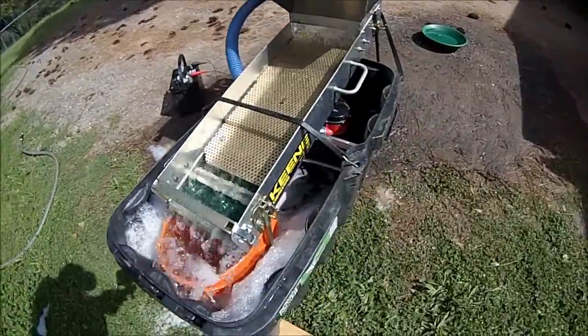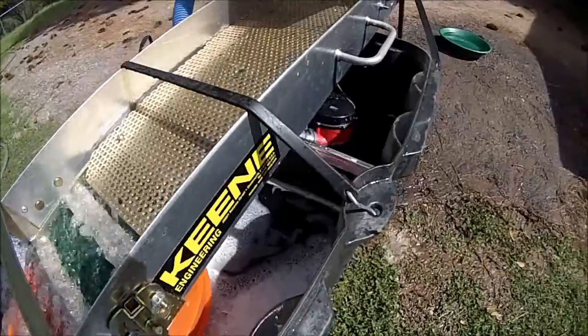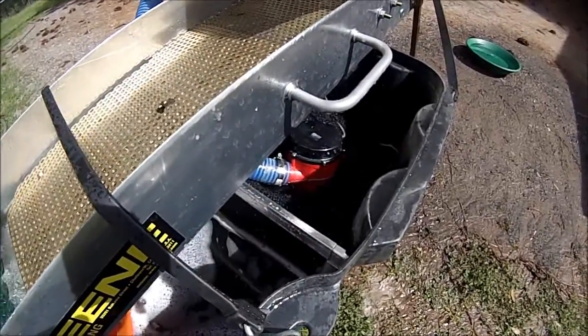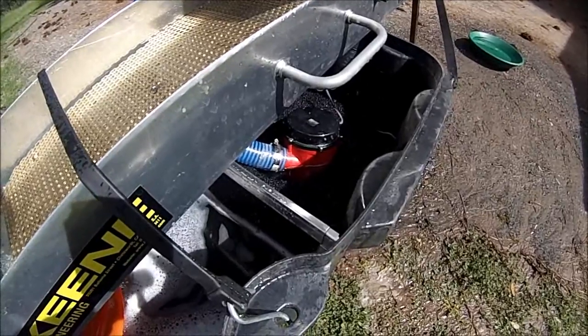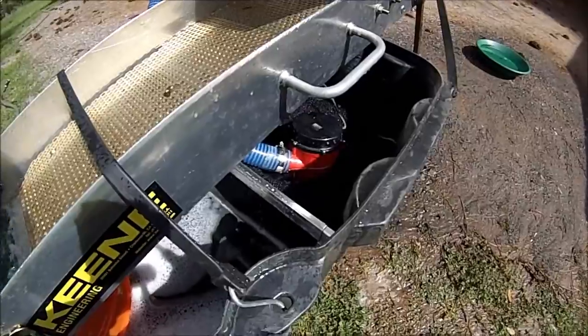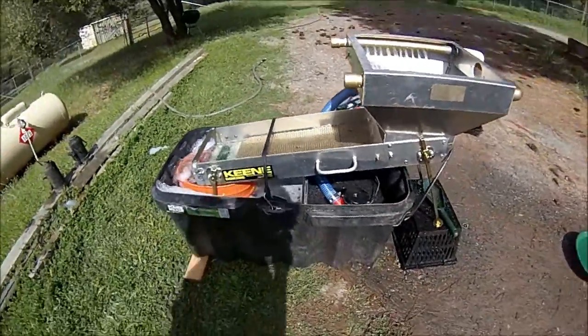Now I got my screen separator down here, is working pretty good. It keeps my pump clean. I put some foam around the pump. I got it setting up on a handheld classifier, up about 4 inches off the bottom on a refrigerator metal ice tray. And what I did behind that screen